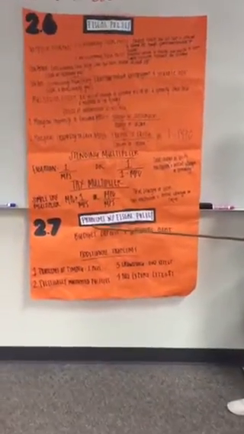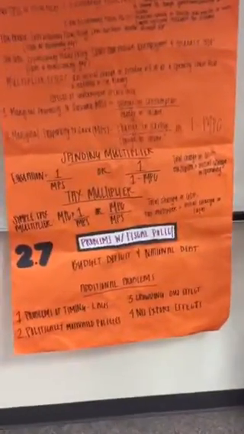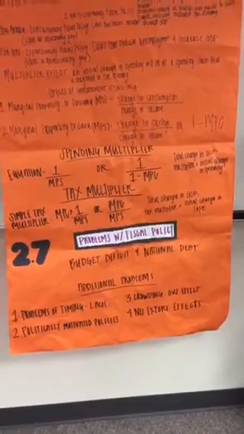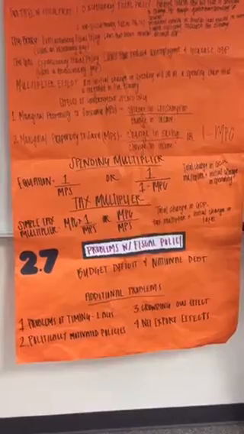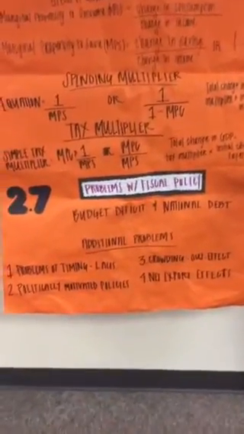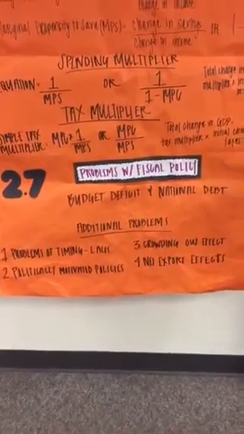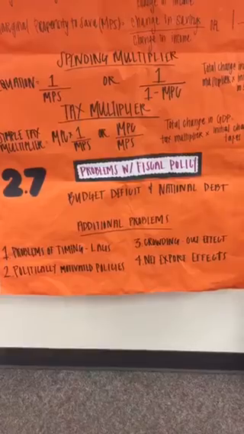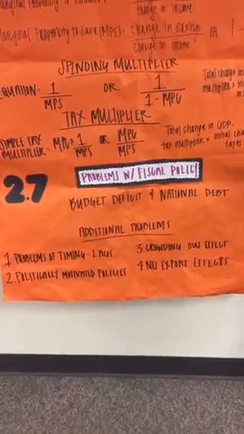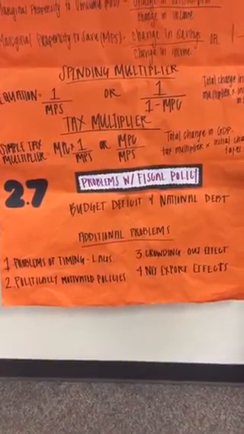Point 7, which is problems with fiscal policy. Two major problems are budget deficit and national debt. Budget deficit is when the government expenditures exceed its revenue, and national debt is the accumulation of all the budget deficits over time. Some additional problems are problems of timing, which includes the recognition lag, the administrative lag, and the